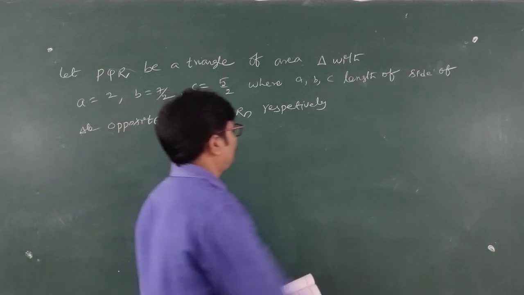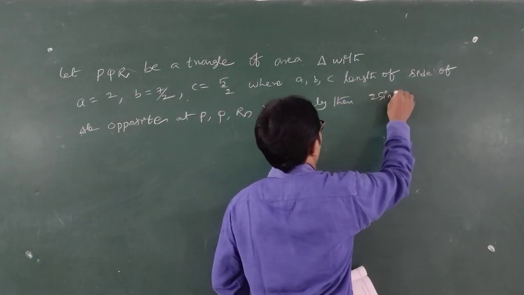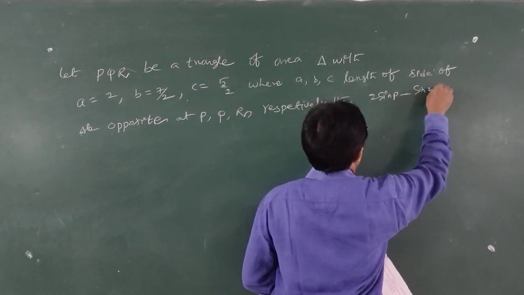Then the value of 2 sin p minus sin of 2p